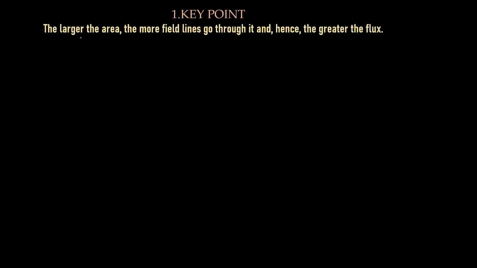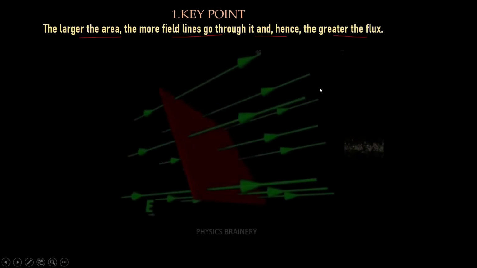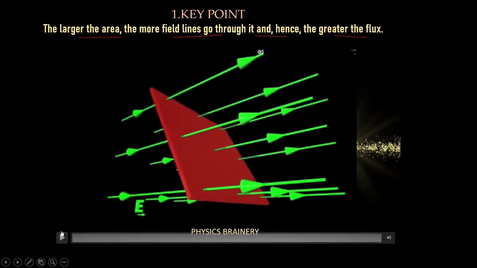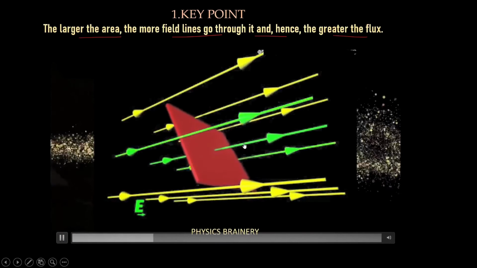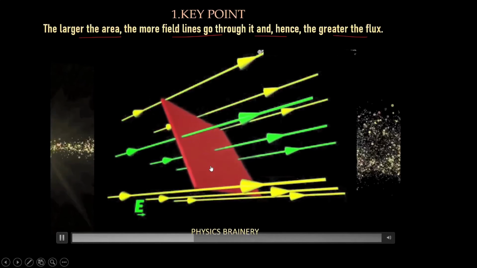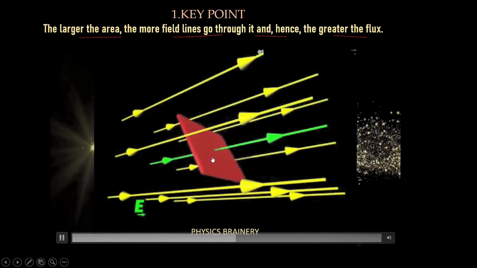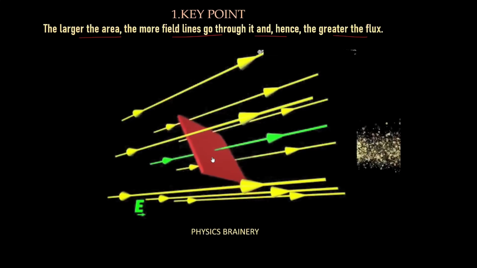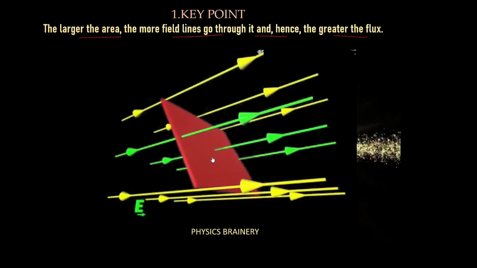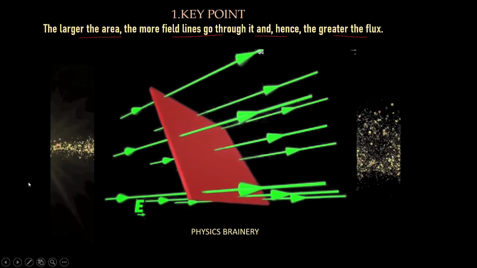The first is that the larger the area, the more field lines will pass through it, and hence greater is the flux. Let us analyze this situation. Here we have the given surface area, and these are the electric field lines that are crossing it. If we increase or decrease the given area, let us see what will be the effect on the flux. Here we are first decreasing the area. What we find is the flux associated is lesser. Now if we increase the area, more field lines are crossing, so more will be the flux associated with it. I think from this figure it will be clear: the larger the area, the more electric field lines crossing, so they contribute towards more flux. Lesser the area, fewer field lines, so lesser will be the flux.